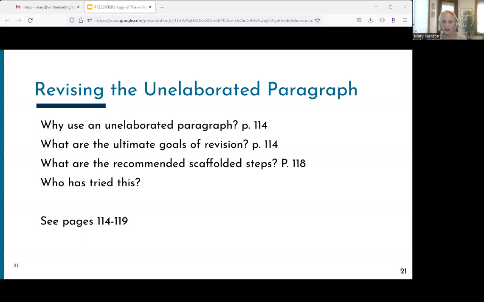The purpose of the unelaborated paragraph is really to support and teach students how to revise works of writing. And we start out by using things that have been written by someone else, so that the student's not personally invested in what's written down on the paper. They feel more free to go ahead and revise if it's not their own work. And then with enough practice on the paragraphs that are not their own, they'll be able to own that whole revision process